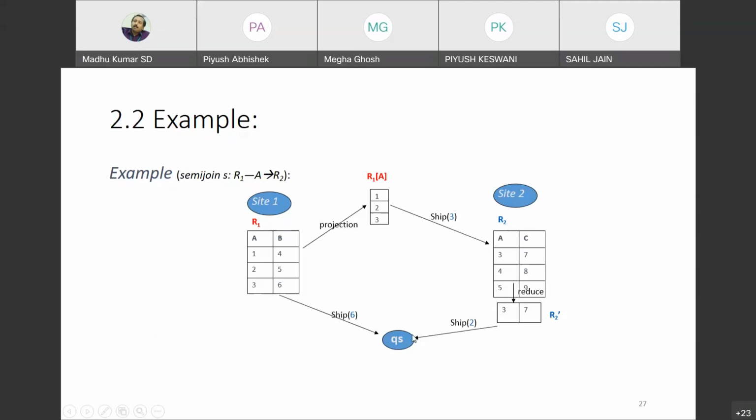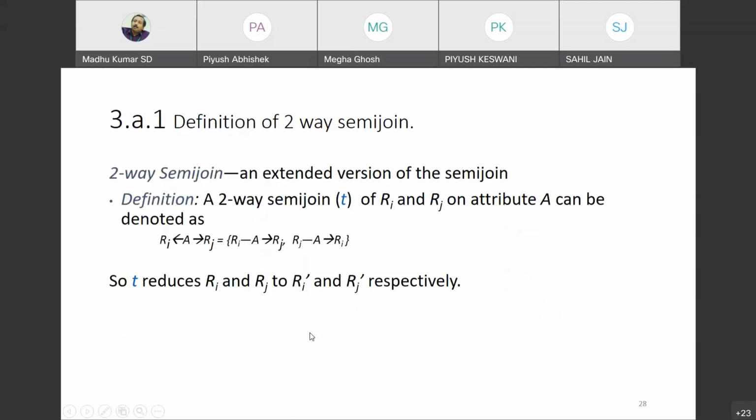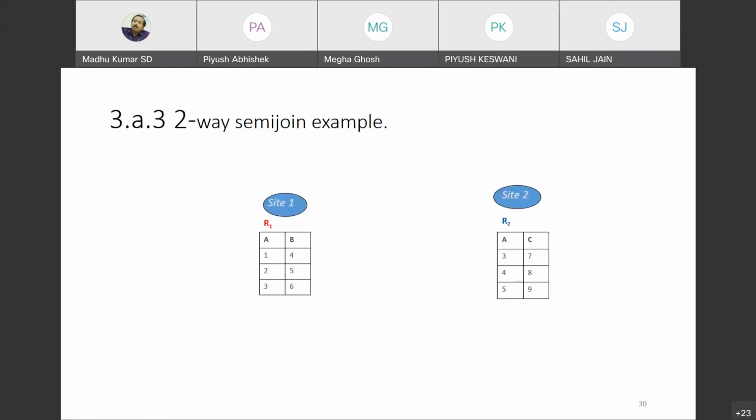So instead of transferring the whole table, you are transmitting only the most relevant tuples. That is illustrated here with another example, a 2-way semi-join. Here you have tables AB and AC. First the common column is projected, and then